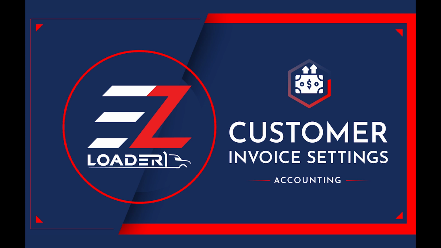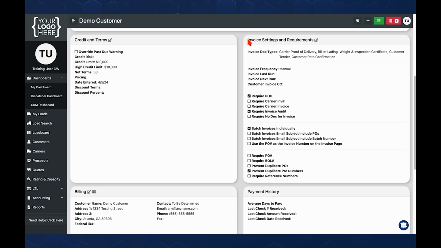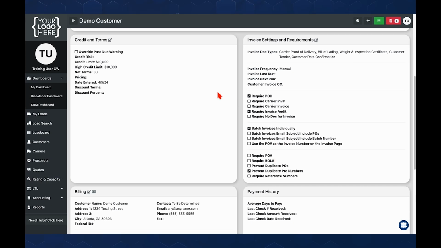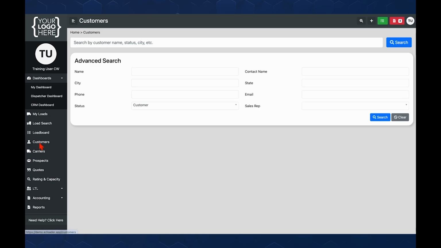This video takes us to the customer profile and to the Invoice Settings and Requirements section. This section contains settings that control certain actions that occur within the profile before you create a customer invoice for a load. We can access the Invoice Settings and Requirements section by selecting the customer's menu at the left of